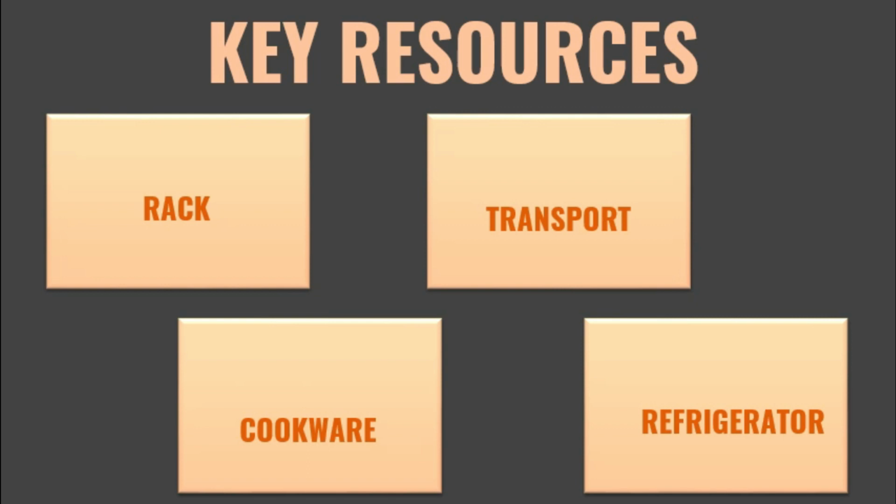As for key resources, the rack is one of the essential items in the shop. The rack is used for placing all the instant noodles so that the viewer can see them easily. The next one is cookware. This is important since to serve the dine-in customer, they need equipment for cooking such as pan, oil, and kitchen smoke inhaler. Without all of this equipment, the dine-in service cannot be continued as they can't cook in that place.